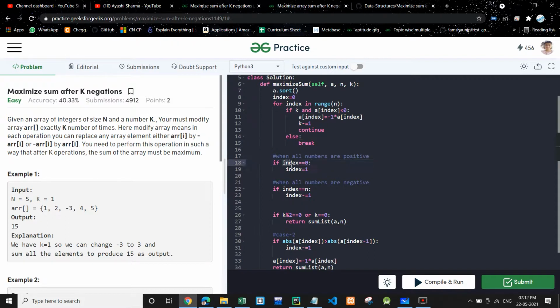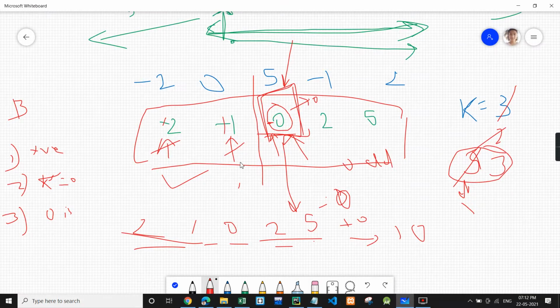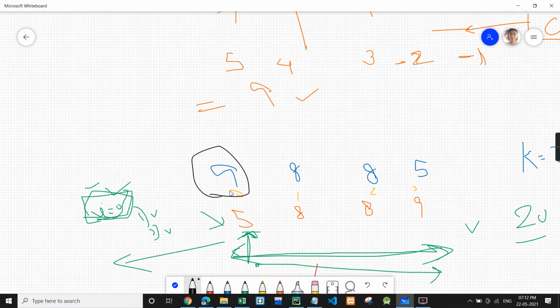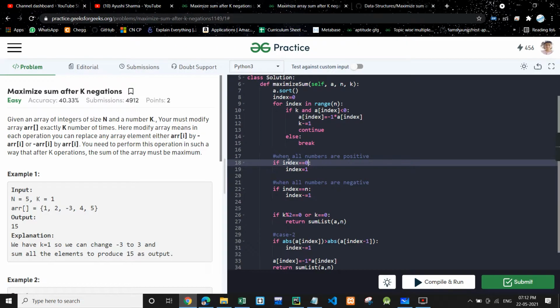Now when index was 0, our index came out to be 0 when we had the positive number at the first place. Hence, if we have a positive number at the first place, we will make index equal to 1, or you can simply return the sum of the list.